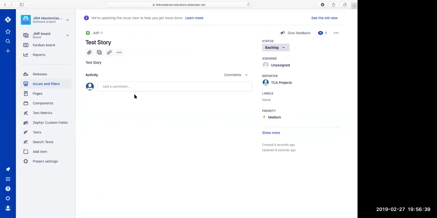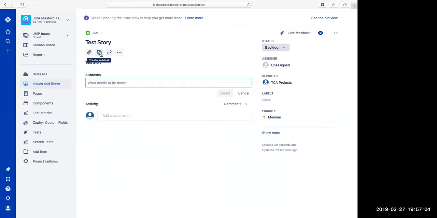There we go. Now, if we want to, we can actually create a subtask for this issue. Remember we talked about subtasks. These are activities that are related to an issue, so work that needs to happen as part of an issue. To create a subtask, you just click on this icon